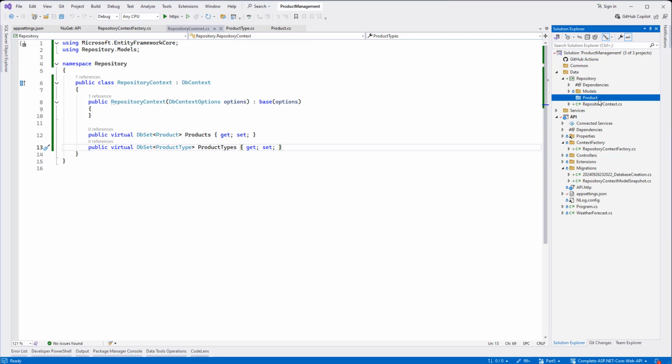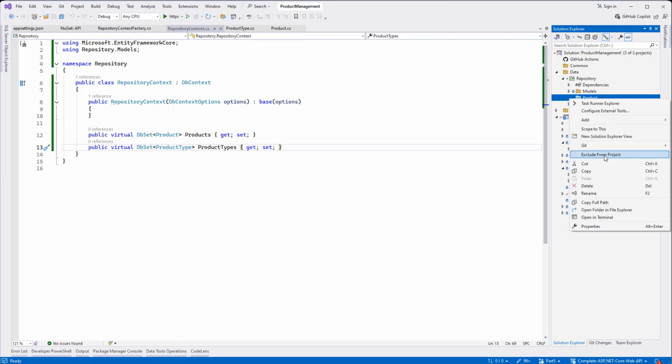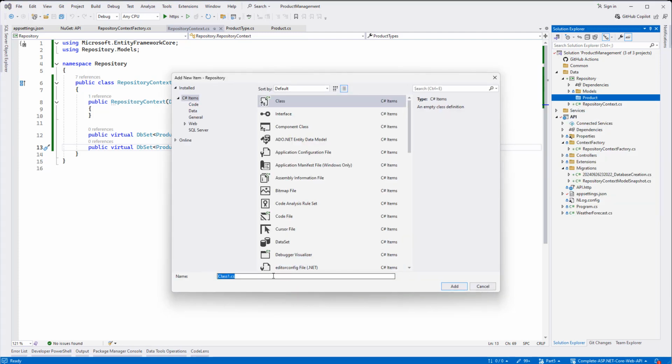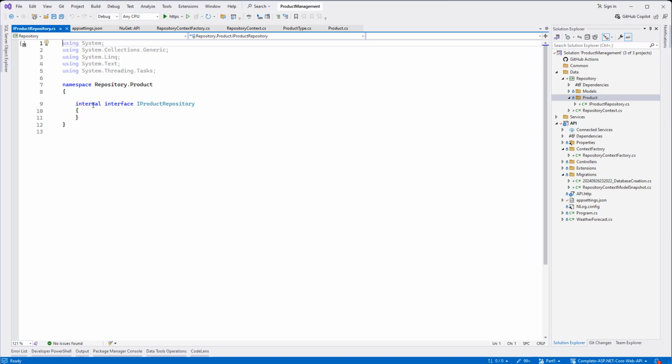So for the product repository, under the product folder, let's create an interface, give it the name IProductRepository. You can select interface here, or we can update it here, right? So this is gonna be a public interface, the product repository. The first